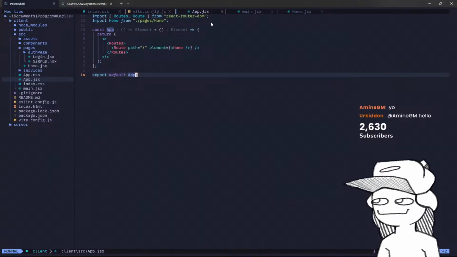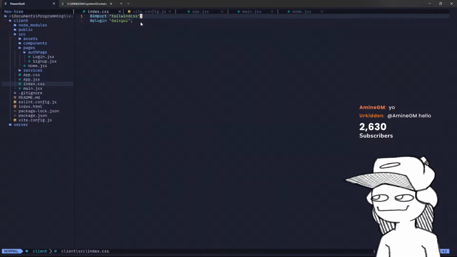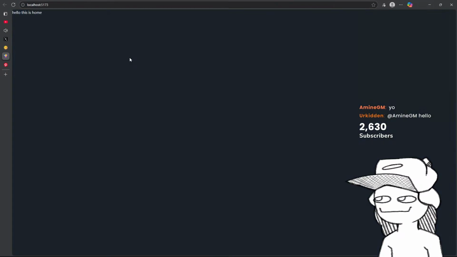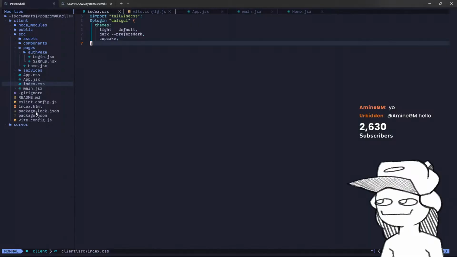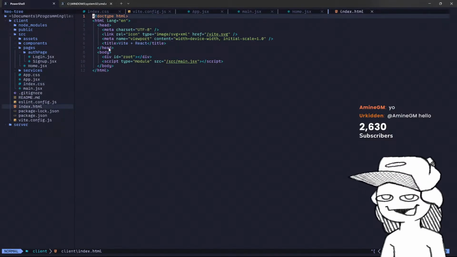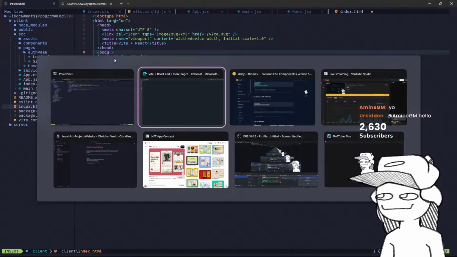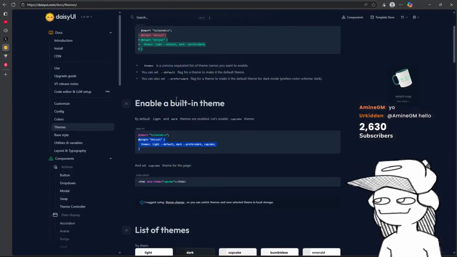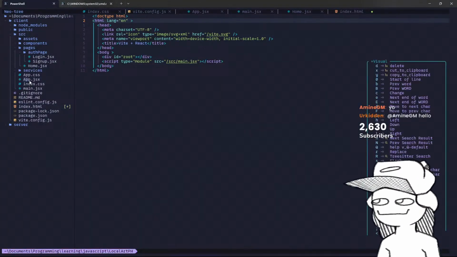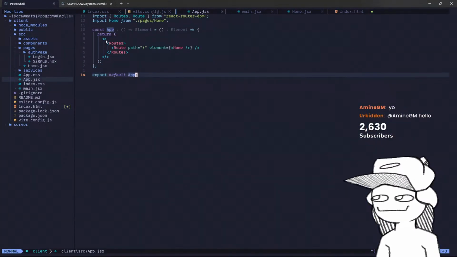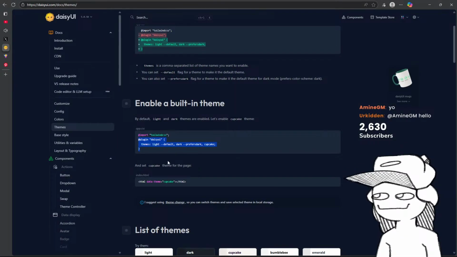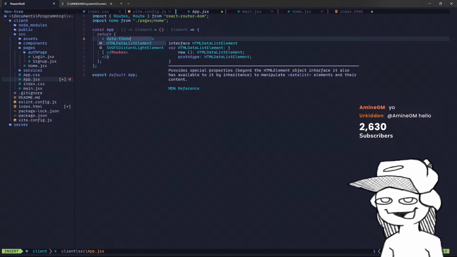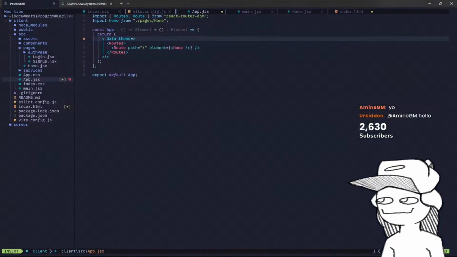Let's go to the index. Let's take this one, this one. Then let's go to our usage HTML. Let's add the HTML. Let's go to the app. Let's add data equal to